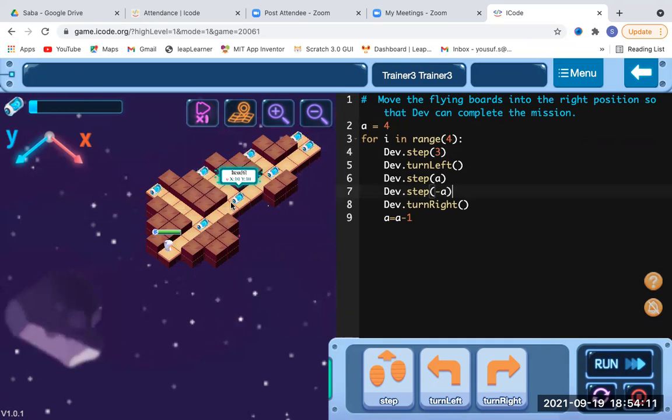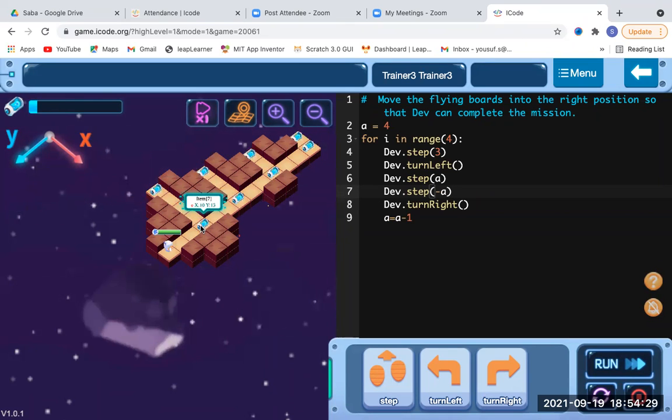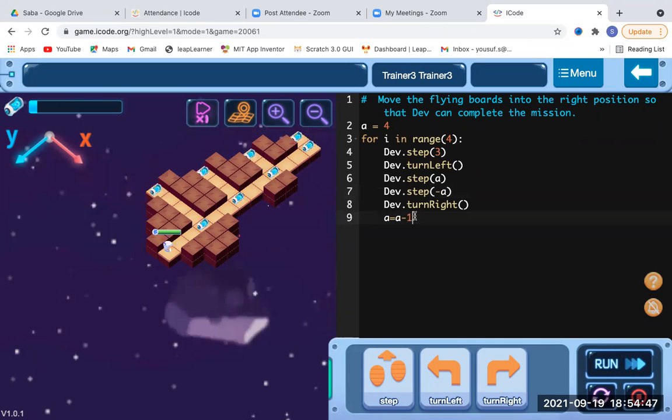Once he has completely taken this second item, he should come back, and we all know that the sign convention based upon this a will be minus. Okay, 1, 2, 3, 4, again he came up to this position, then he has to go ahead with 3 different steps, 1, 2, 3, and the same process happens, but with one change in the range. What is that change? That a is decreasing continuously by 1.